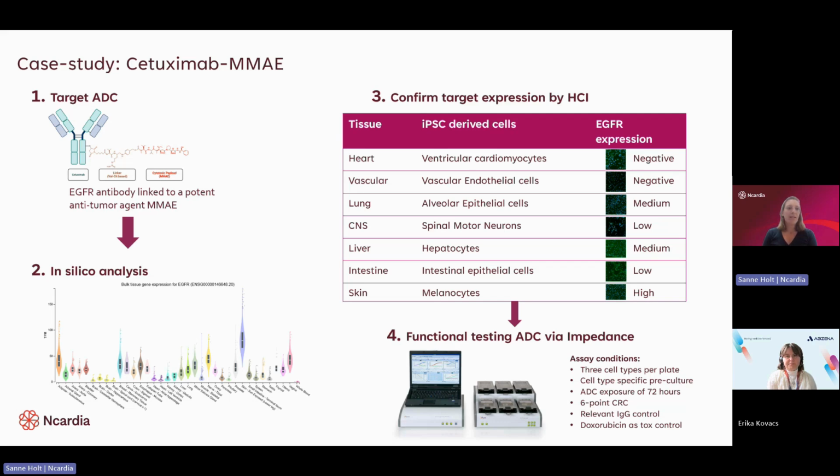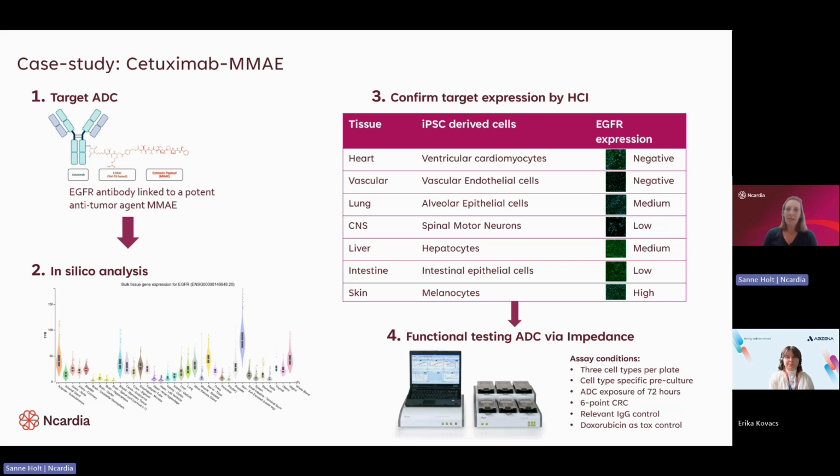And what we find is that the majority of the tissues in our panel are either, again, major organs that you want to de-risk anyway, or have expression of EGFR. But this in silico analysis can also be used to identify tissues in addition to this panel. This panel is not set in stone, so if there's a drug that has target expression in a different tissue, then it's very possible to expand this panel with other tissues that you feel are relevant for your drug.